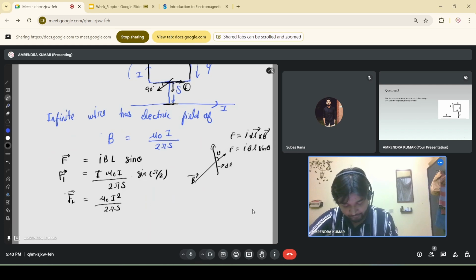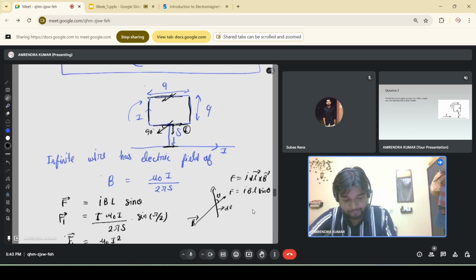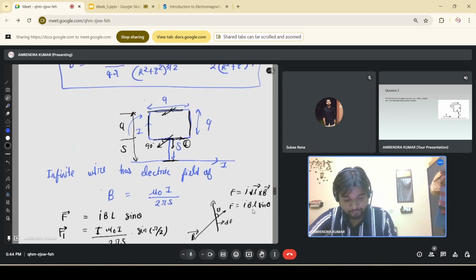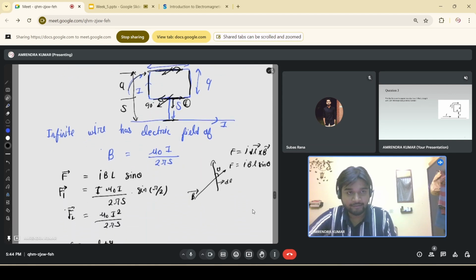और उसी तरह से अगर हम ऊपर वाले लूप पर कैलकुलेट करें, तो जो टोटल डिस्टेंस होगी, एस यहाँ तक और ए यहाँ तक, तो टोटल डिस्टेंस हो जाएगी एस प्लस ए। सॉरी, एक और डायरेक्शन की कन्वेंशन ले लेते हैं। इसमें करंट इस तरह से फ्लो होगी और इसमें इस तरह से वापस आएगी, तो करंट की डायरेक्शन अलग है यहाँ पर, तो उसी हिसाब से डीएल की डायरेक्शन भी चेंज हो जाएगी।